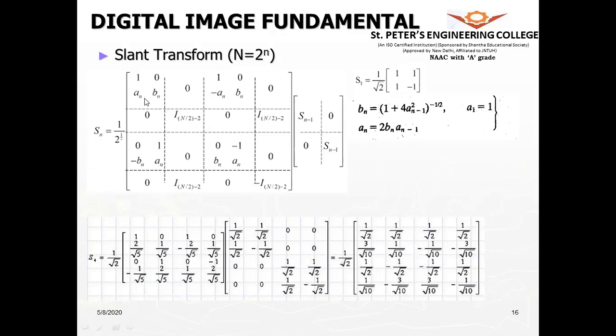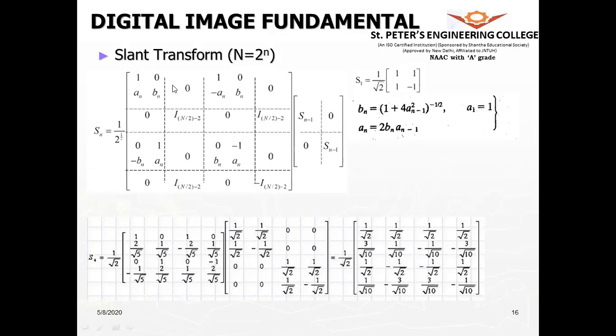So like this we have 4 here, 4 here, and the 4 with the box below that, and the other box we will be taking. So only those 4, 4 and 4 and these 4. So altogether we will get 8 values. The other zeros will come into the picture when we are going for a higher order. And this I n by 2 minus 2 is nothing but an identity matrix.